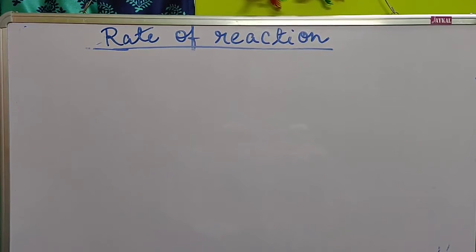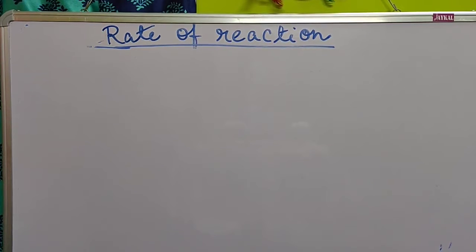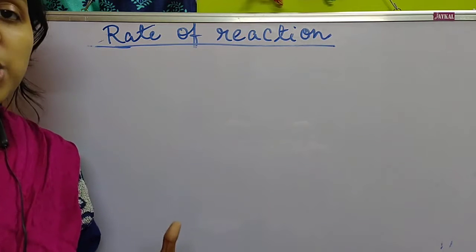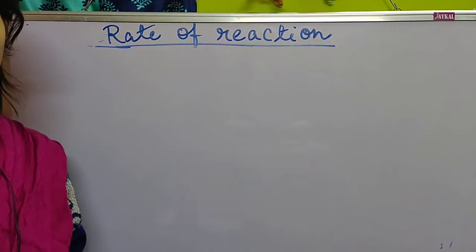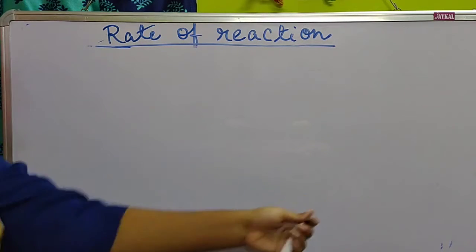Hello students. This is the part 2 video of the chapter chemical kinetics. In our previous video we discussed different types of chemical reactions depending on the rate of the reaction, and then the expression of reaction rate. In our class first we will discuss another expression by which the rate of a reaction can be expressed. So let's come to the board.